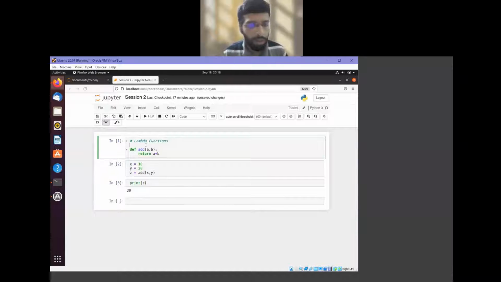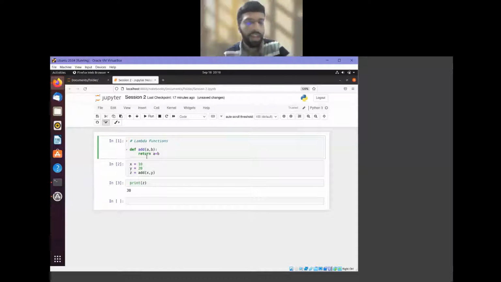Now what are the properties of this function? This function has a name, add, so you can use it as much as you want from anywhere. If you call the add function, it gets invoked. It has two parameters, a and b, does some operation, and then returns a result. This is a reusable piece of code that we have implemented.